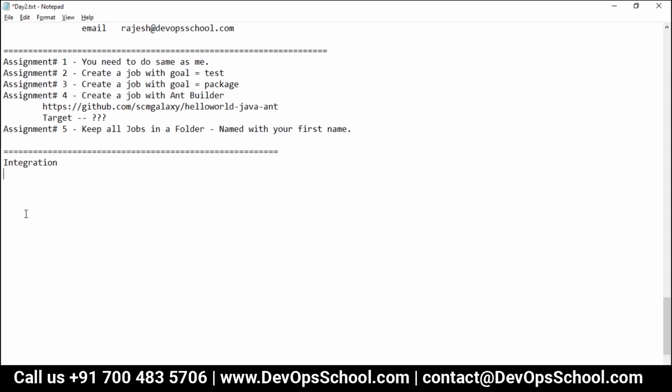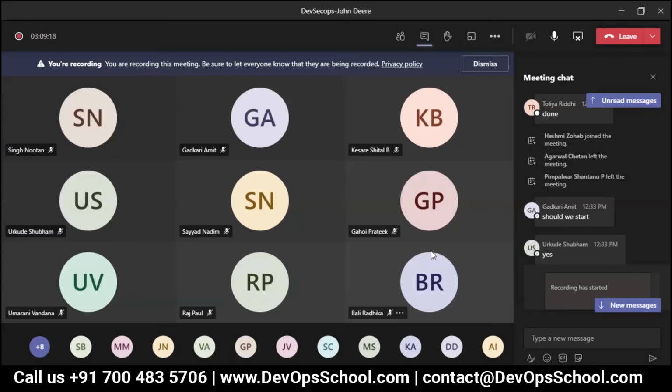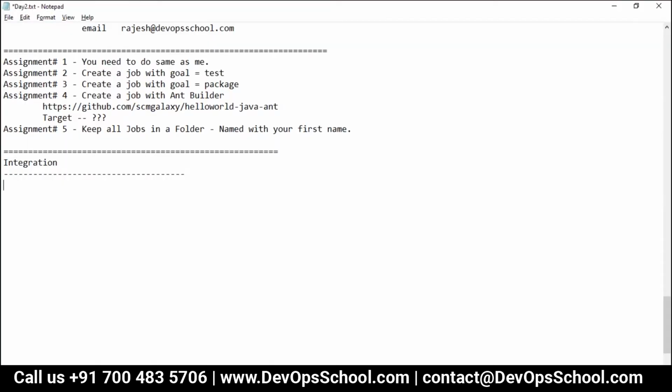Rules of integration. So rules of integration is very simple in the case of Jenkins. Step number one, install plugin. It is simple.